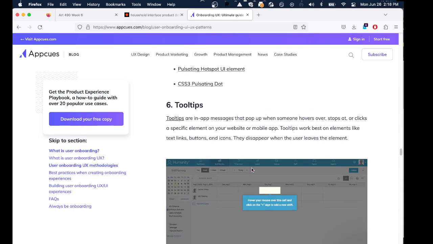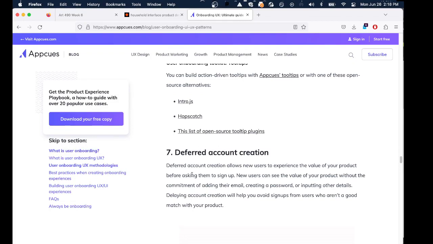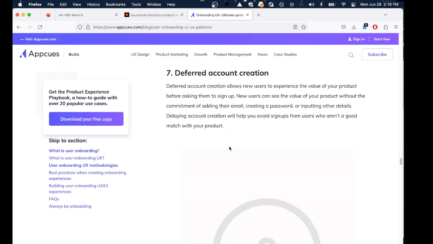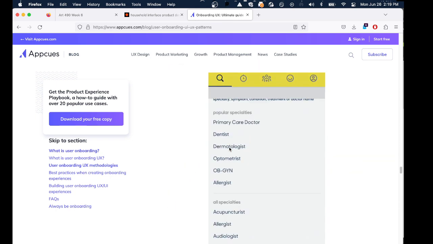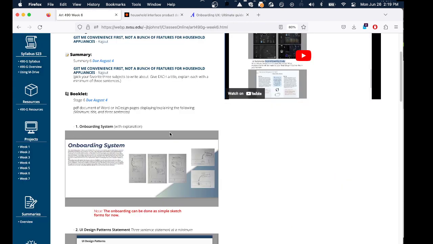There are plenty of tooltips. Some of these are related to appliances, some not so much, but yet I see a need for an onboarding system when you first turn on your device. Some of you are going to have to create user accounts, some of you are not.